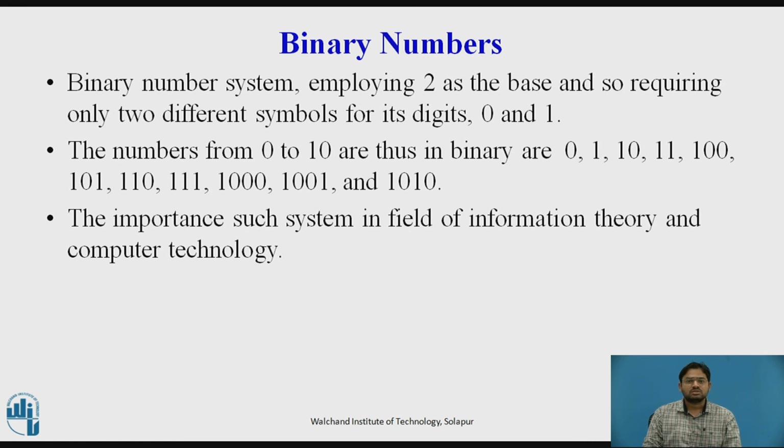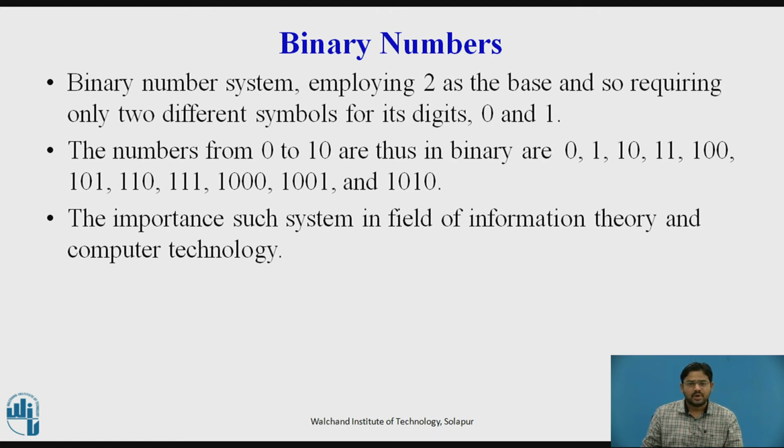So let us discuss binary number systems. The name binary itself suggests it has two symbols in it. The two symbols are represented as either 1 or 0. So 0 stands for the low value and 1 stands for the high value in the computer. It means 0 stands for the low voltage and 1 stands for the high voltage. So binary incorporates only the two symbols 0 and 1.